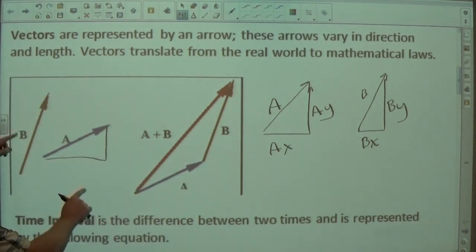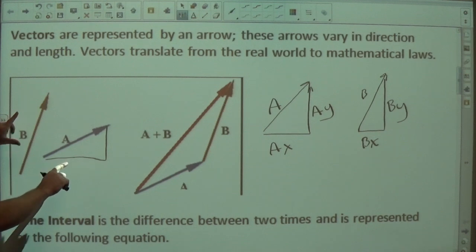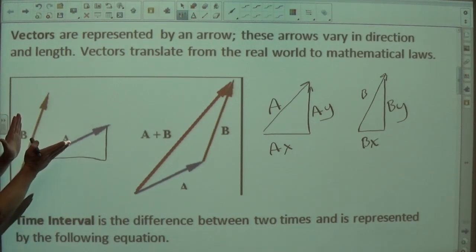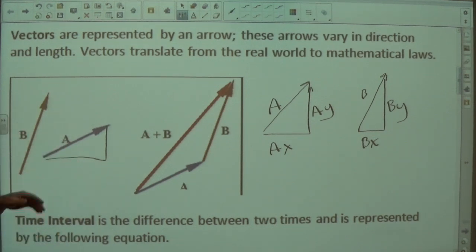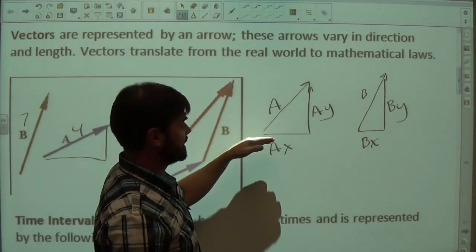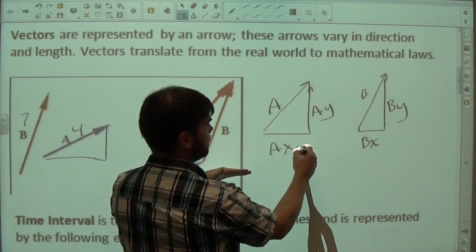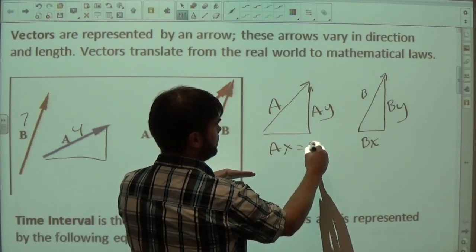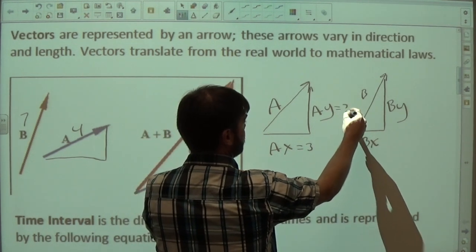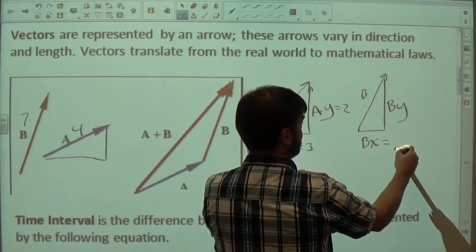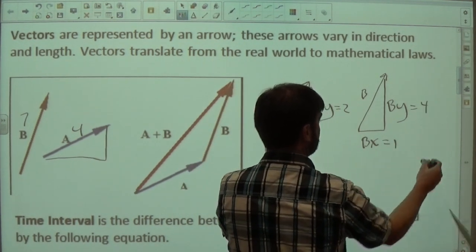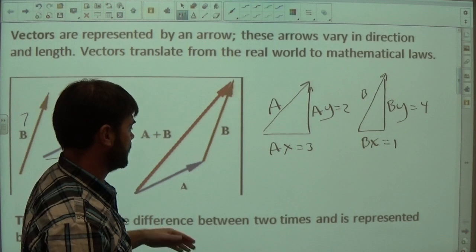Because vectors can only be added together if they are collinear, which means they're pointed in the same direction. For example, vector A and B from the start are not pointed in the same direction, so they can't just be added numerically. If this was 7 and this was 4, we can't add 7 and 4 because they're not in the same direction. However, if we break these up and figure out the A of X here to be equal to 3 and the A of Y here to be equal to 2, and this B of X here equal to 1 and this B of Y here equal to 4,